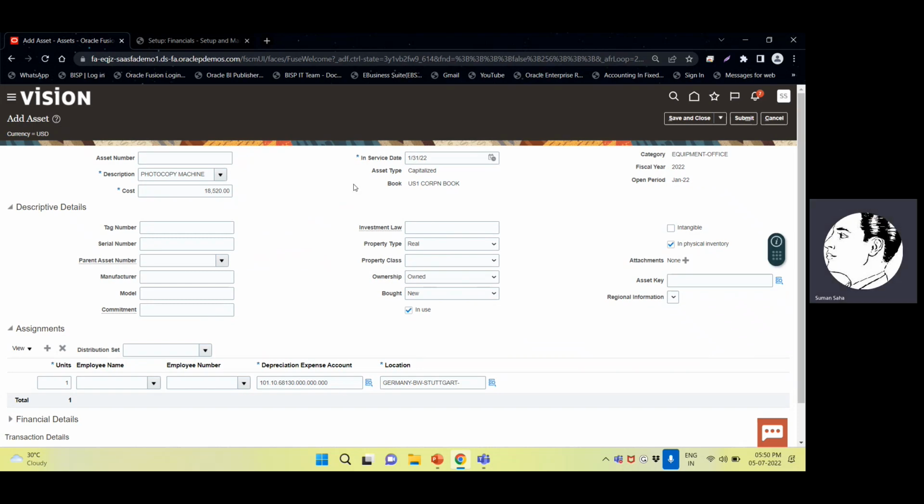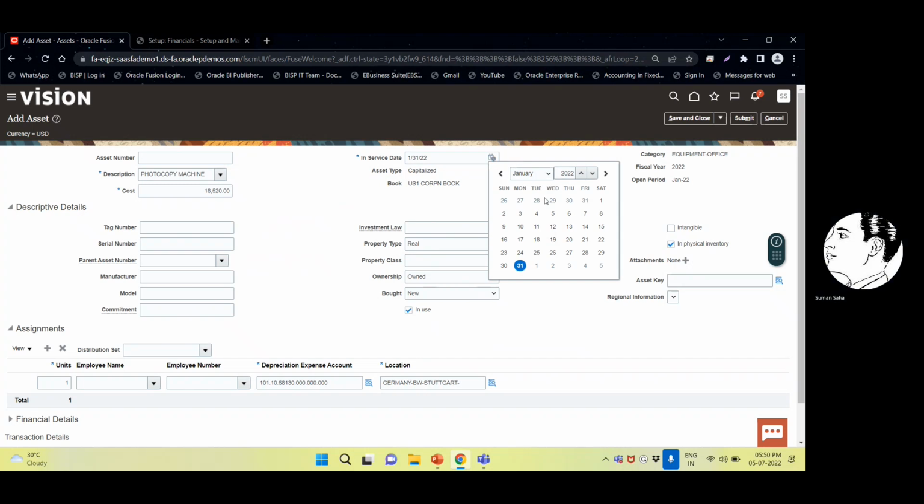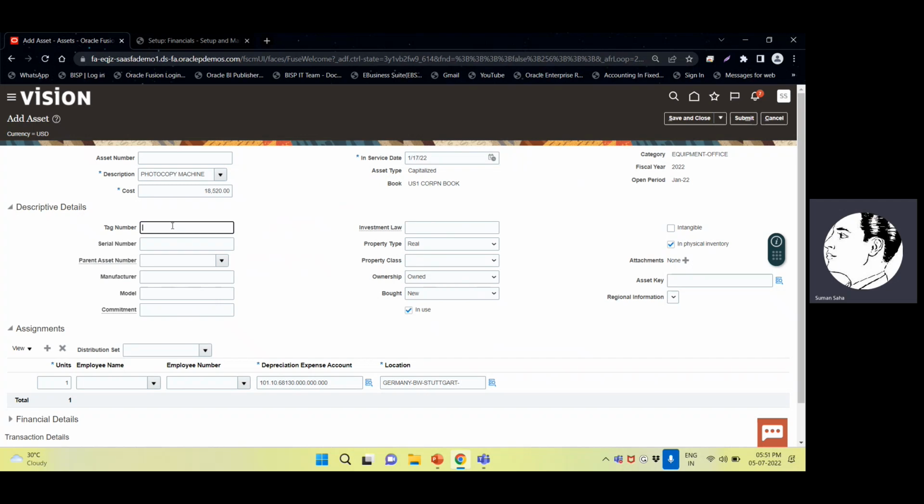Now it is asking for the in-service date. So I say that this asset has been added on, say, 17th of January and the cost is there. I can provide the tag out here. I can say new machine and provide the serial number, say any serial number. What is the actual serial number you will provide? I am just providing a serial number. Say photocopy machine is